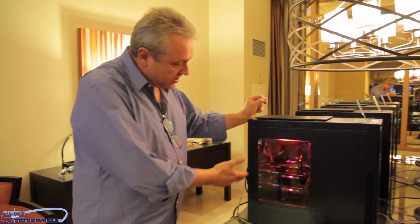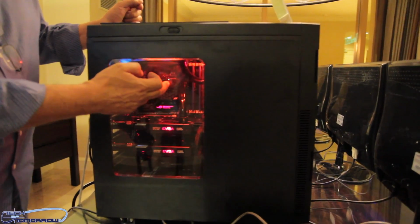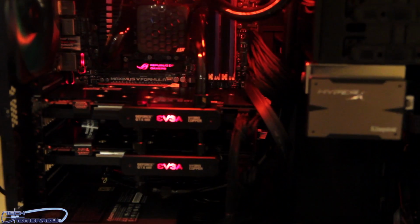So here, we are showing an H220, which is cooling the VRs and which is cooling two GTX 680s. And let me open up that case so that you can see that in more details. So you can see here